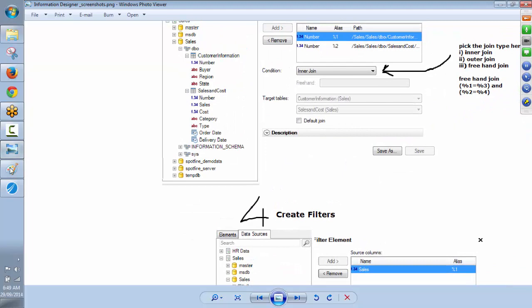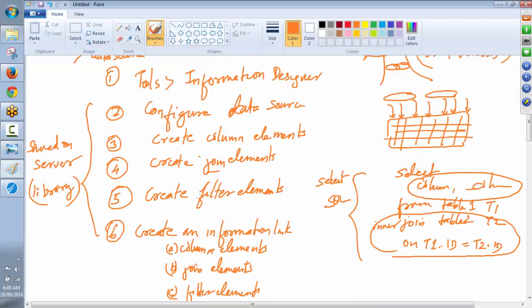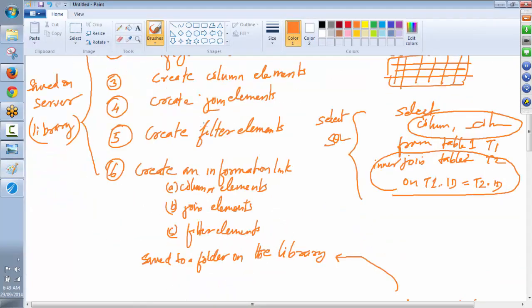Next is the filter element. This is where the actual filtering of the data will happen. This is one of the prime reasons why we want to add it as an information link. There are other reasons too, like data on demand, personalized information links. We will get there later, but understanding the information link is the crucial thing that you need to do before you can go on to the other topics. So here